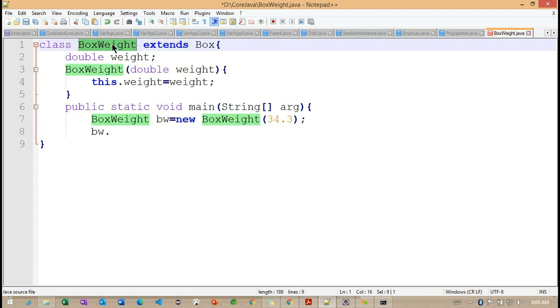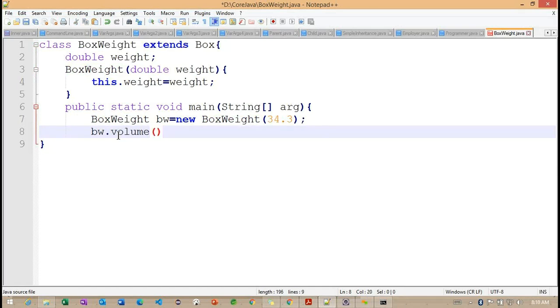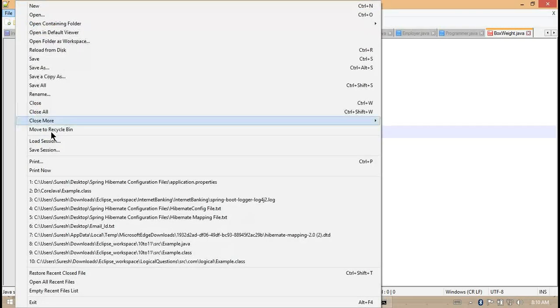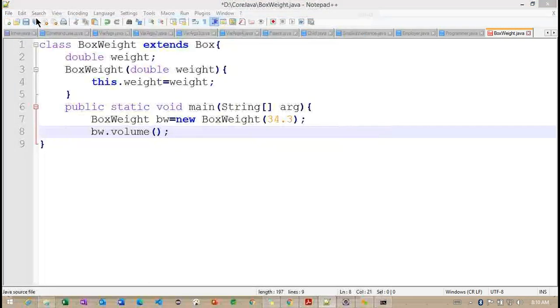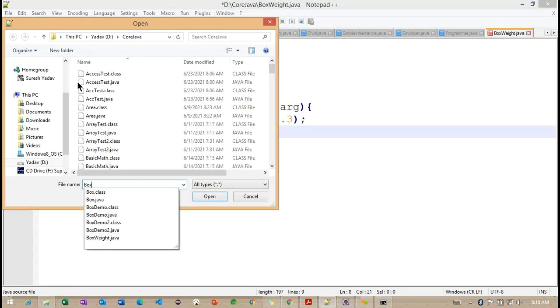If I want to call something, we need to check with our superclass. We need to check with our superclass information only. Inside this superclass, we have the value method. Getting the point? Now we need to check whether the value method is returning a value or not.